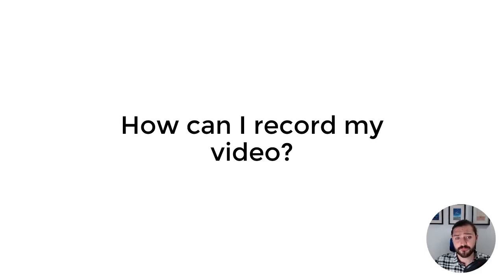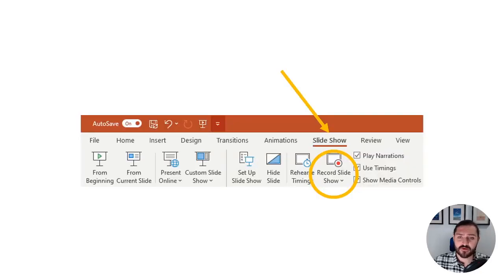How can I record my video? You can record your video directly in PowerPoint. There's also the option to include webcam footage directly in PowerPoint, kind of like these lecture videos, should you wish to do that. Under the Slideshow tab, there's a button that allows you to record slideshow. If you're worried that you don't have a very good microphone, then please speak slowly and, most importantly, as clearly as you can. Most mobile phones also have good microphones built into them, so you can record the audio using your phone to dub over a video using a video editing package of your choice.